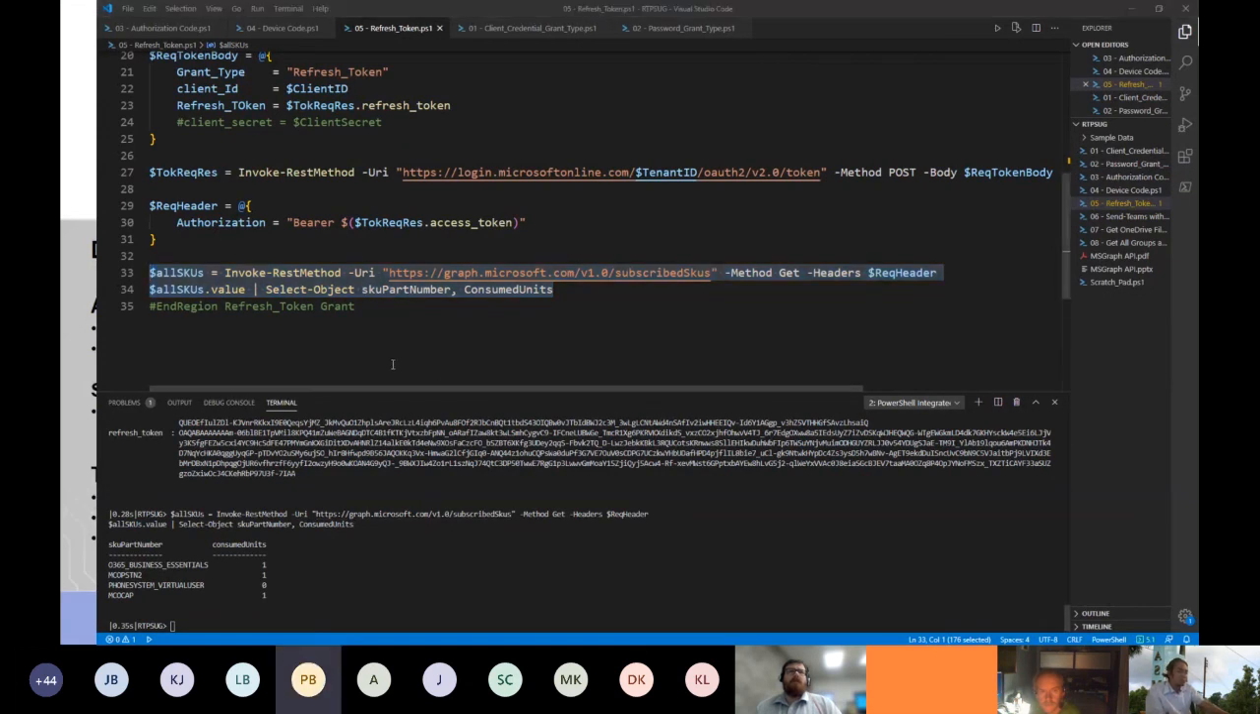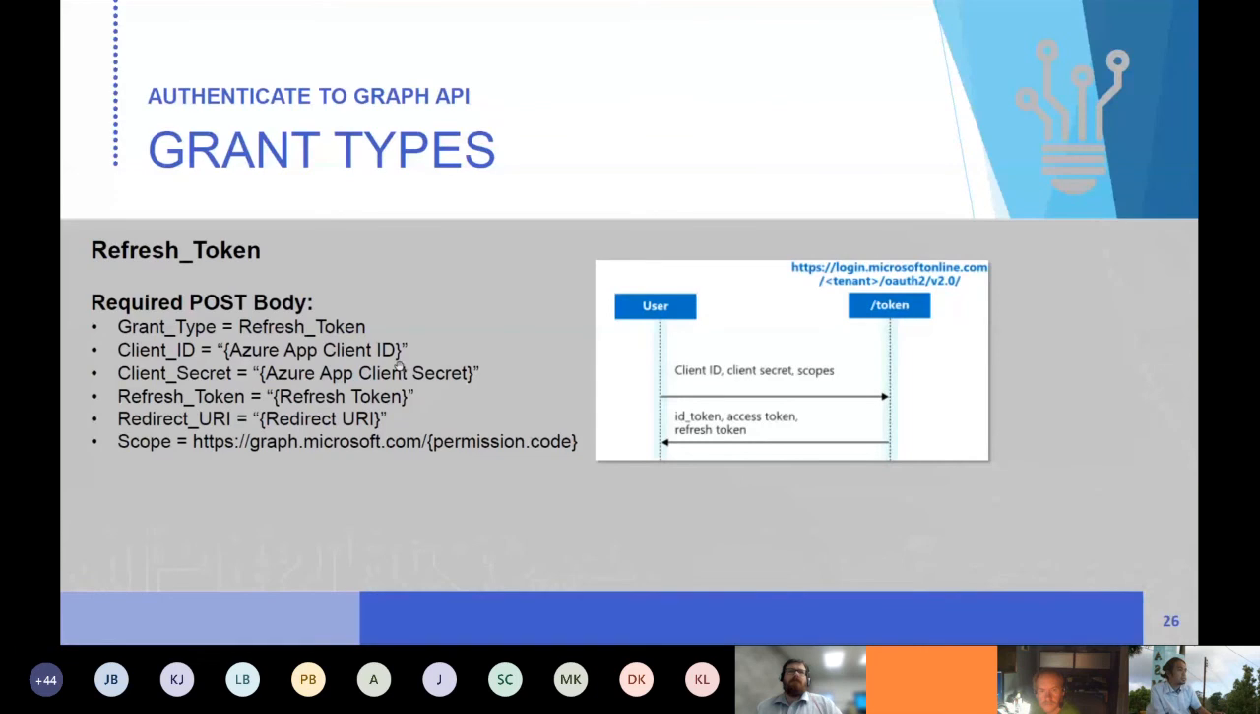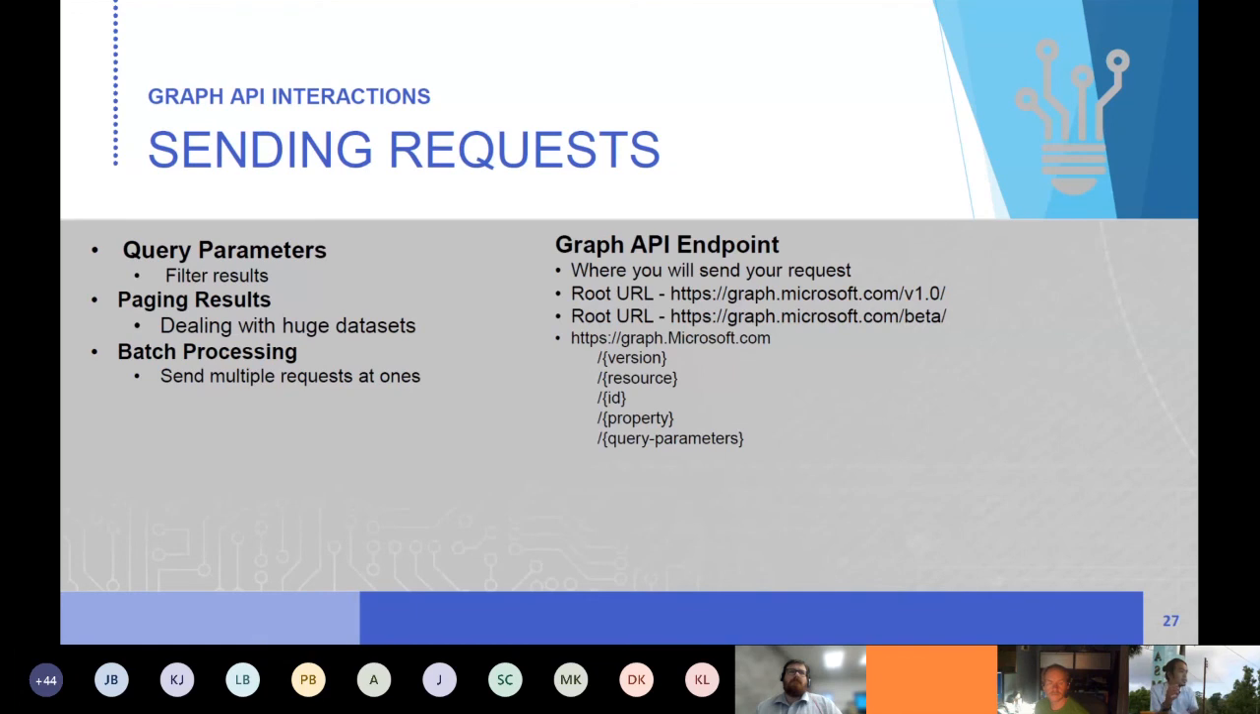So that's pretty much it for the grant types and the refresh token. Questions about grant types? No, let's see some examples. All right. Before we get into the examples of how you can interact more with Graph API, let me mention three things: query parameters,